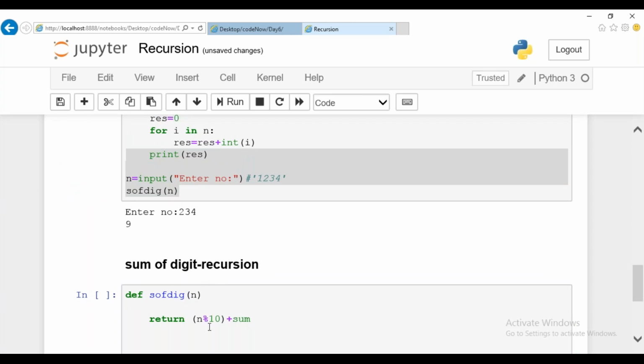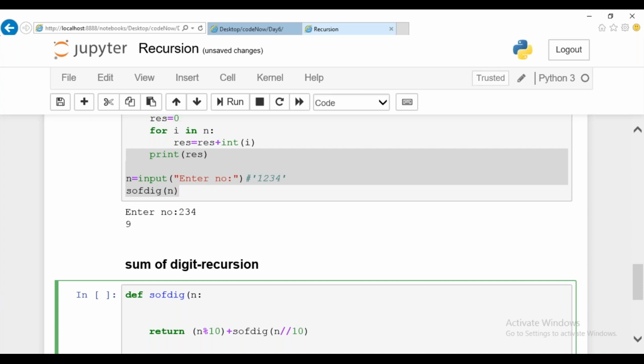Here first I'll do division of it, followed by calling the same function, sum of digit. Here you're going to make use of integer division. Guys, it is not required to typecast here. Already you're going to do integer division here. So this is your else part. And what is the termination condition we are supposed to apply? This is the one we are supposed to think about. So what is the termination condition? Your termination condition might be until it reaches 0, or you can go ahead with a single digit number. If your n value is less than or equal to 9.